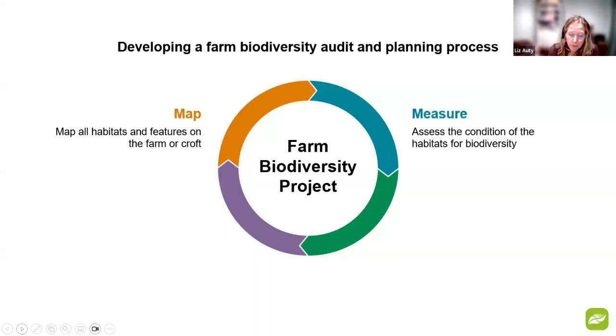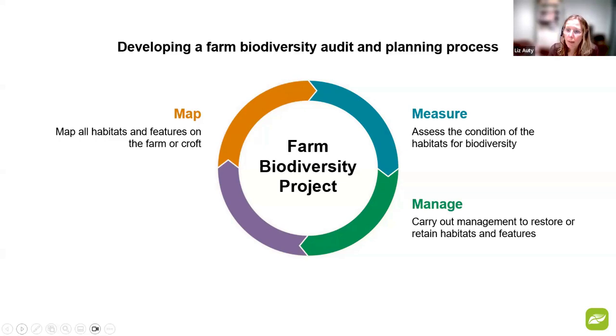Then we're developing this further into this kind of auditing tool. So the next stage is measure, and that's doing some simple habitat condition assessments for habitats on the farm or croft. Those two features are already within the tool. At the moment, we're doing further work, and we're going to be testing this summer a step on management. So this will be based on the mapping and the measuring that's been done, suggestions and options for management actions that can be carried out to help improve biodiversity and specifically to help improve the condition of those